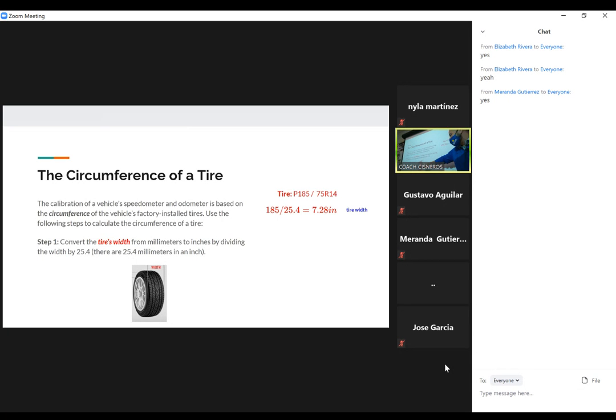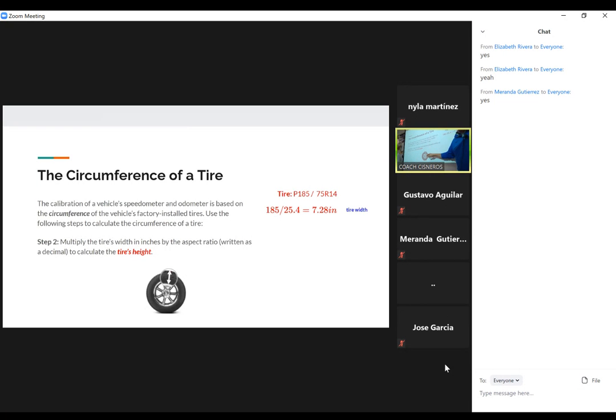7.28 inches is the width of my tire. All I did here is I took the width in millimeters and I divided it by 25.4 to convert it to inches. That's it. Okay, that's the first step. Easy? Right. Second step. I want to find this height. Okay, I want to find this height, which is the height of the tire. That little arrow shows the height of the tire. It tells you all I got to do is multiply the width by the ratio, the aspect ratio, but written